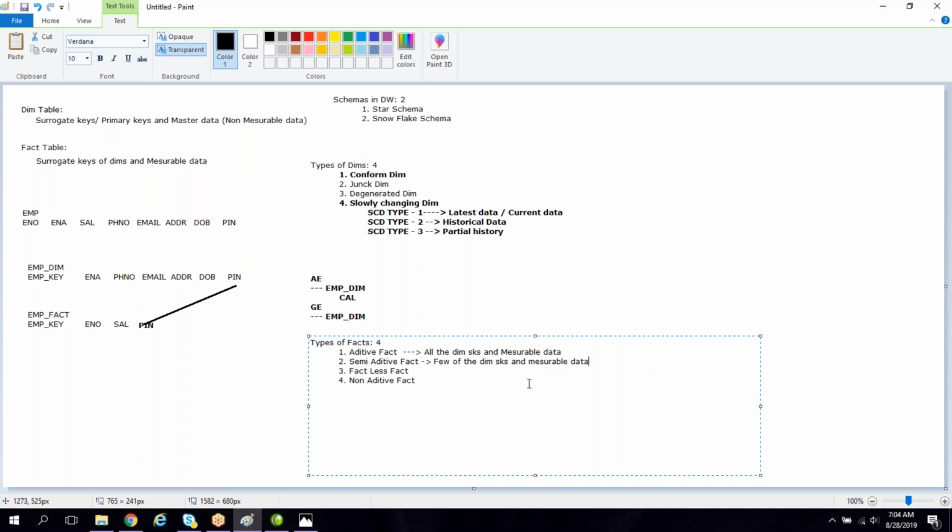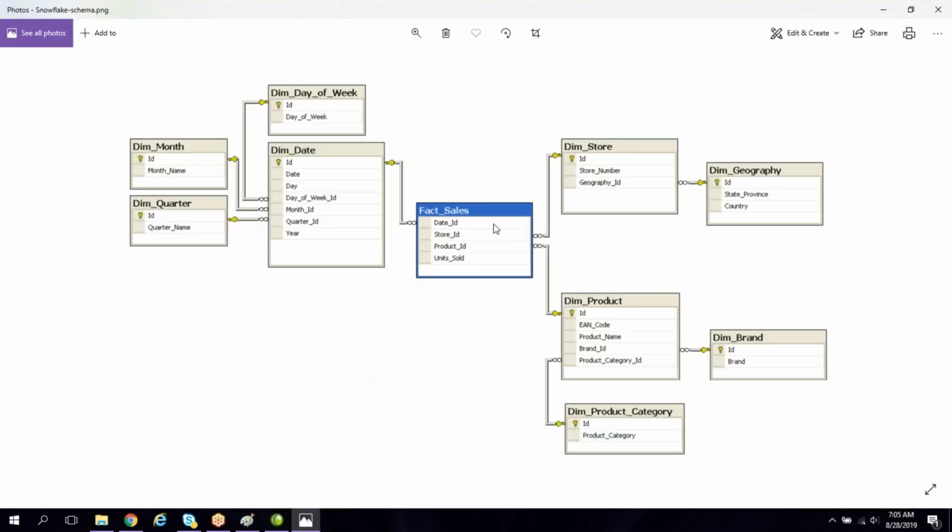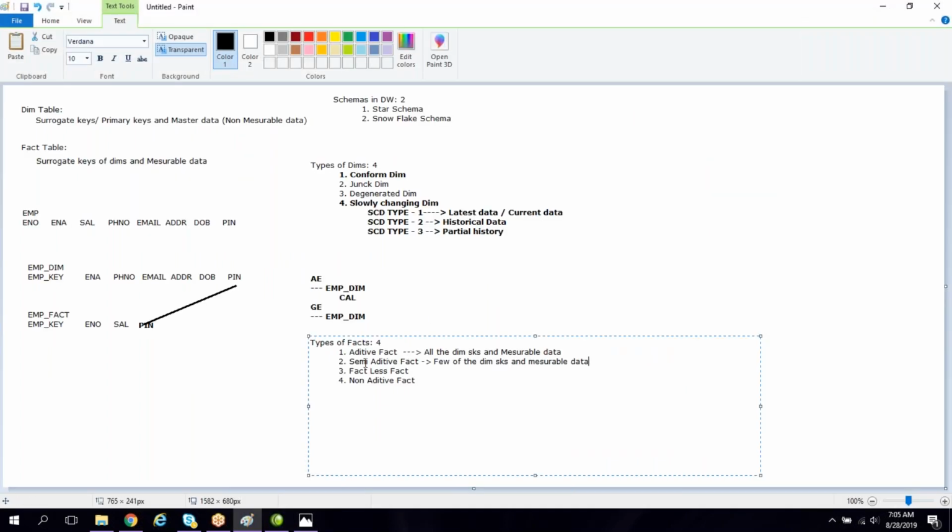That means only some of the dimension surrogate keys should be present, not all the dimensions, and only measurable columns. That is called semi-additive fact.